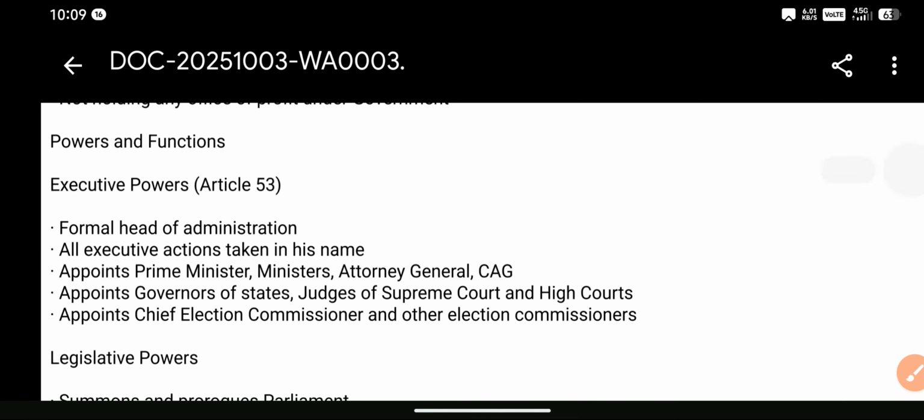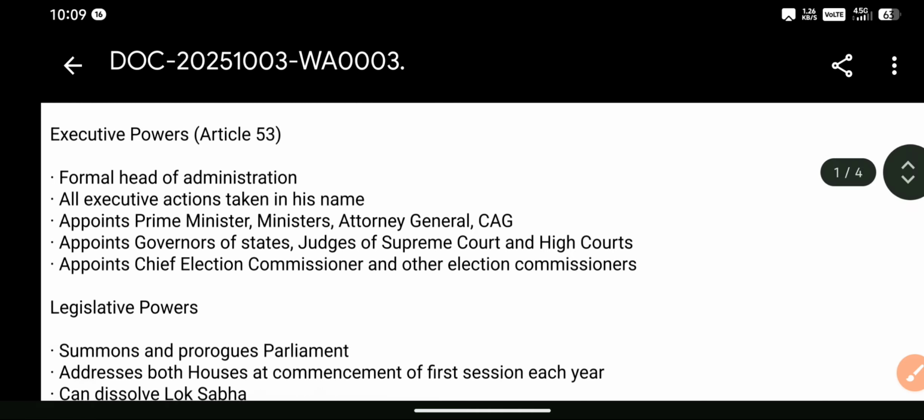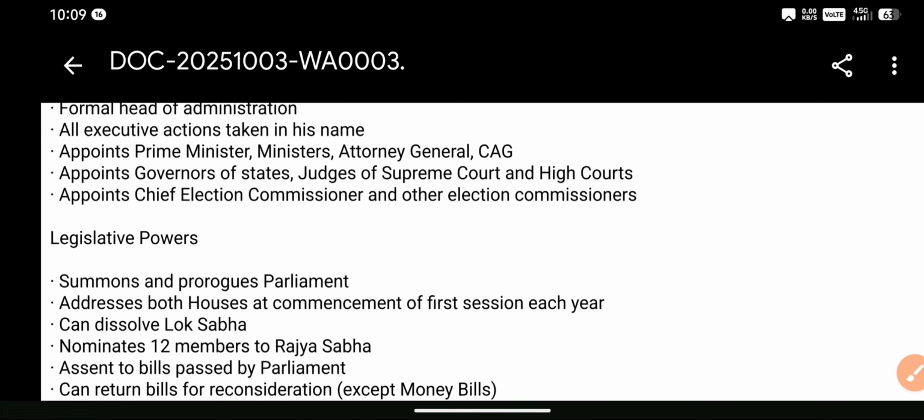Powers and functions. Executive powers. Article 53. Formal head of administration. All executive actions taken in his name. Appoints Prime Minister, Ministers, Attorney General, CAG. Appoints governors of states, judges of Supreme Court and High Courts. Appoints Chief Election Commissioner and other election